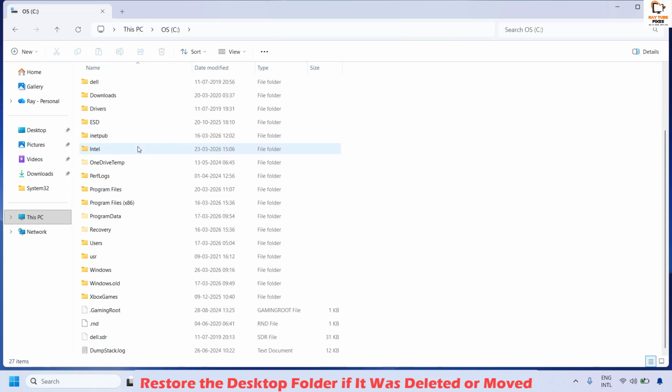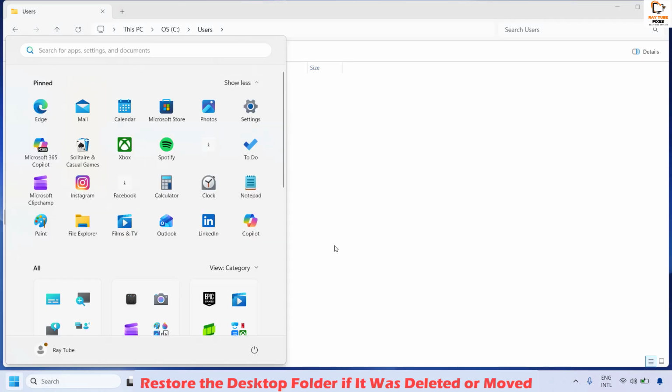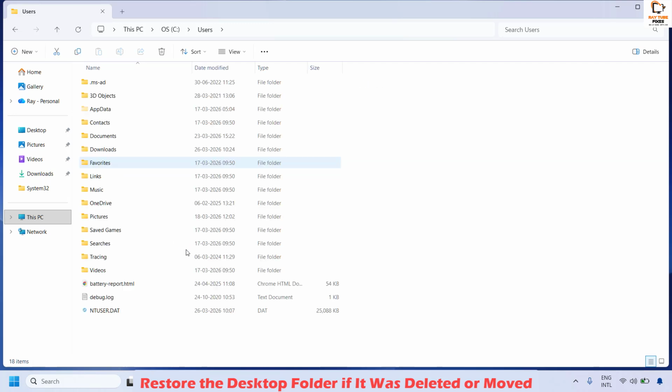Under C drive, you may look for the Users folder. Double click on Users folder and navigate to the name of your user. In my case, it is Ray2. That's the username of my folder. So I'm going to double click on it. Look at whether the desktop folder exists or not. In this case, since the folder is not listed under the users folder, you will have to go to the recycle